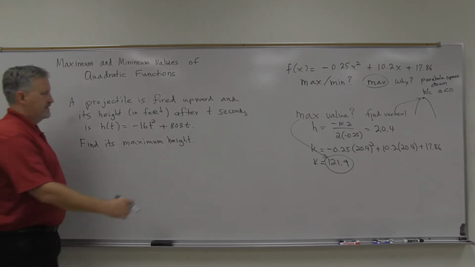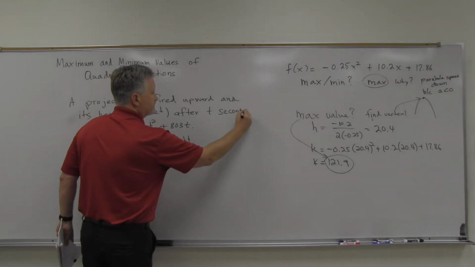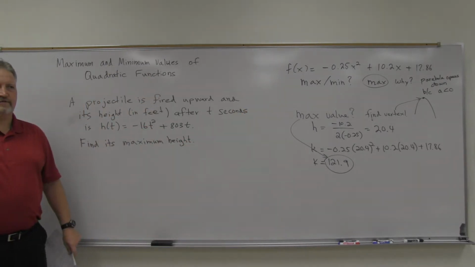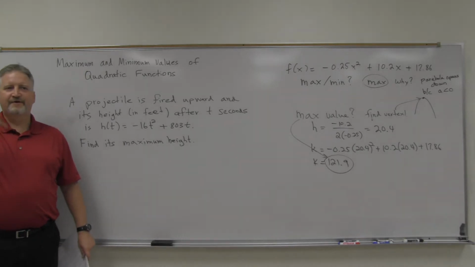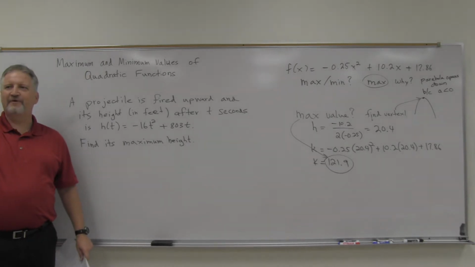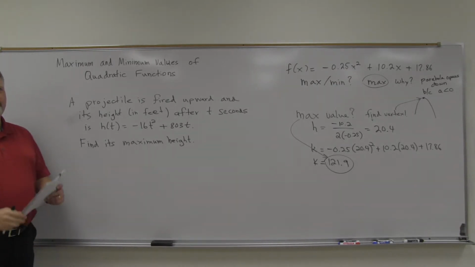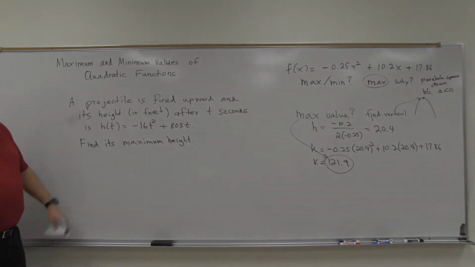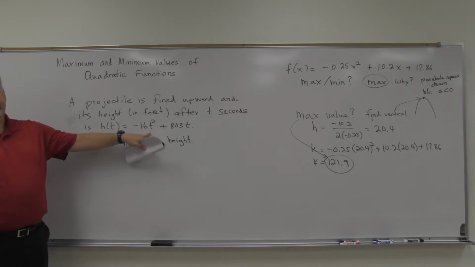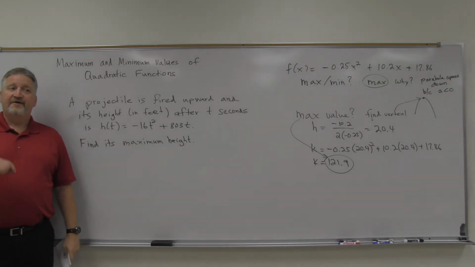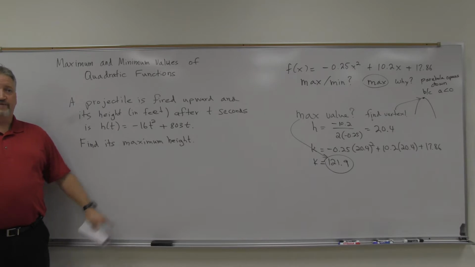Okay, so the idea is that you've got it being fired upwards, so what goes up must come down. At some point it reaches the maximum height. The question is, what is the maximum height? Well, if we think about this function, we could plug in some different t values and try to come up with that way, but the better way is to think about where this maximum would occur, because